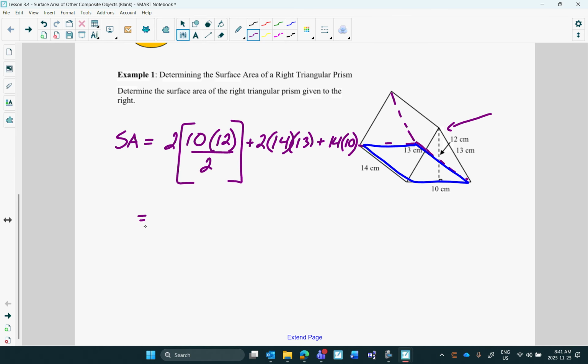Mathematicians are lazy. They're always looking for shortcuts. Notice anything I can do to make my life easier here? Anything? What happens to the 2's? They cancel each other out. Yeah, because it's times 2 divided by 2, so they cancel each other out. So I'm left with 10 times 12, which is